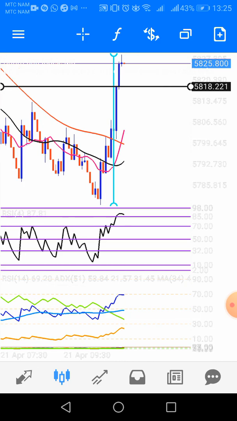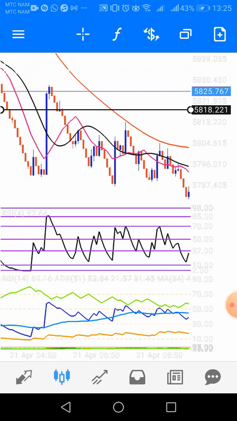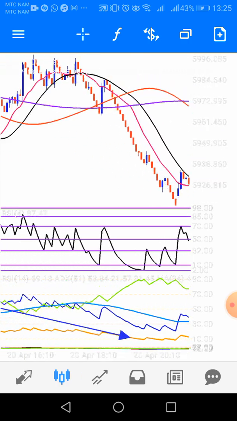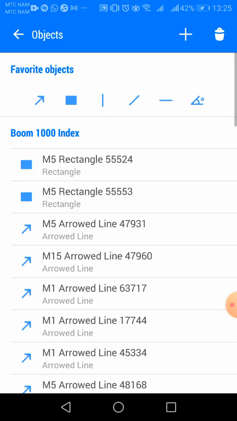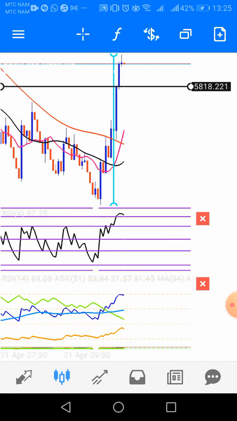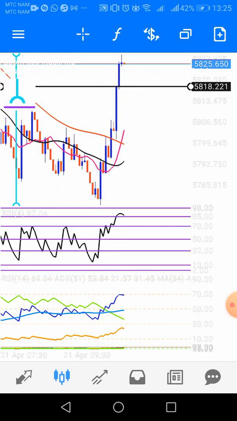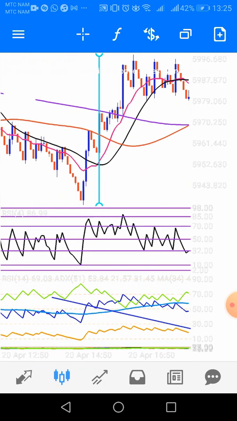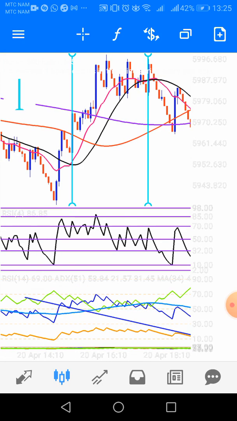That's what we want, but there is no good setup for me to show. So let me just move along a little bit, to where there's a nice setup. Okay, it actually ended here. So whenever you see the pink and the black moving averages cross each other, it's an indication of an uptrend on boom. Where on crash,